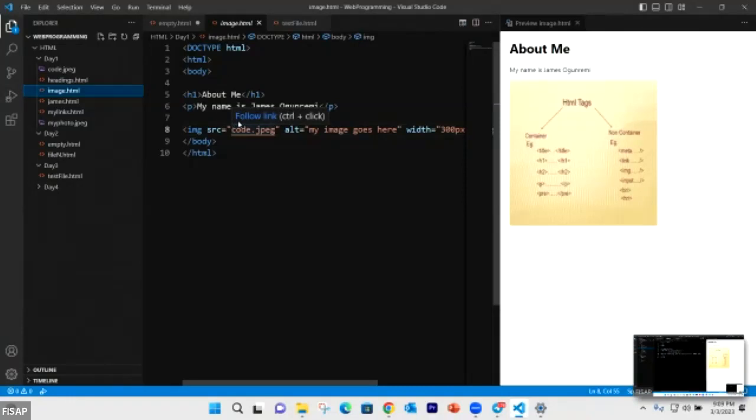All right. It could be inside another folder. And if it's inside another folder, you have to specify it in this value. Okay. But I won't show us that now so that we don't get confused. We're still going to learn more about the source attributes also. When we get there, we'll begin to know more about it. How we can say, okay, I want to access an image in another folder that is not in the same folder as my HTML document. I want to be able to display that image. For example, if you have an image in your photos folder on your system, but it is not inside this Day1 folder that I've created, there's a way you do that in this SRC value that we're going to learn more